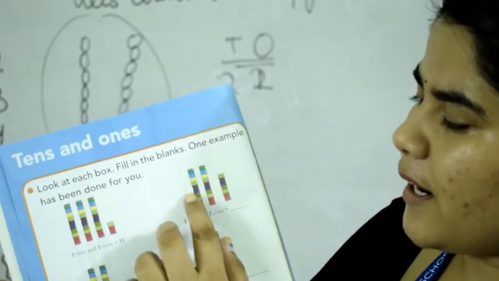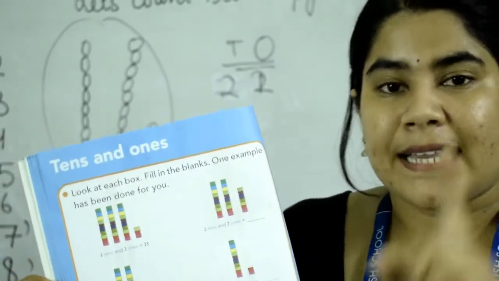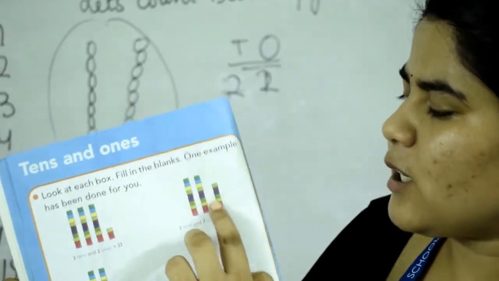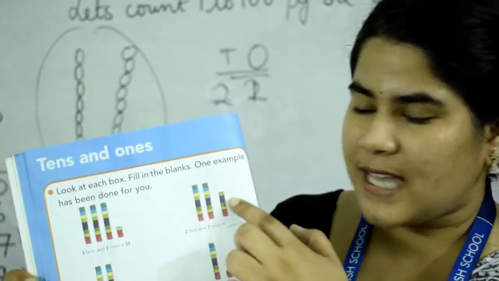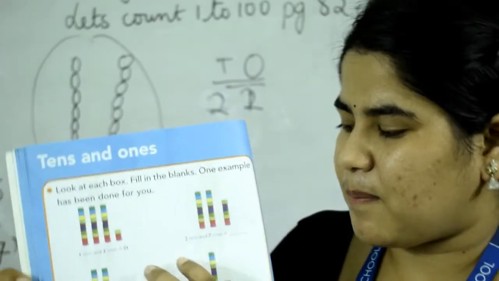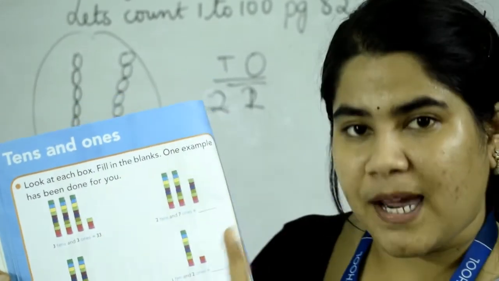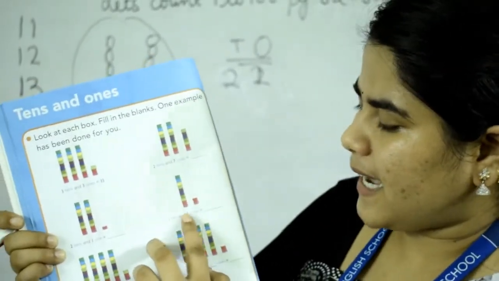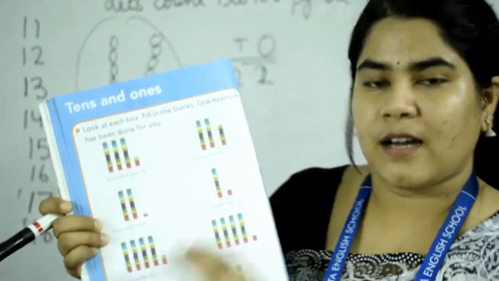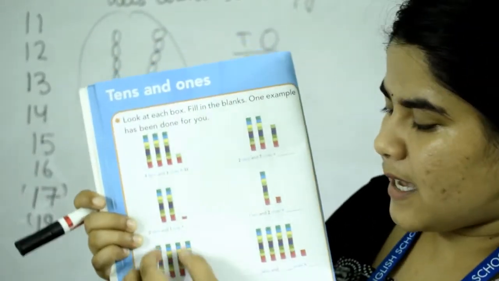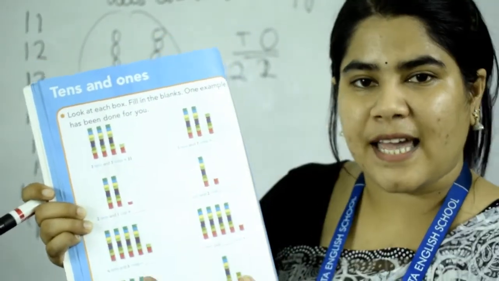Okay, so here these 2 towers contain 10 blocks each. That means 2 tens we have got. Now the loose beats are 1 2 3 4 5 6 7. तो ये जो 7 है ना, ये आ जाएंगे ones में. That means total number is 27. 2 tens and 1 one make 21. 1 ten and 2 ones make 12. 4 tens and 3 ones make 43. Because आपको ये फॉलो करना है, 10 के कितने टावर है और लूज बीट्स कितने हैं, आपको वो देखना है.